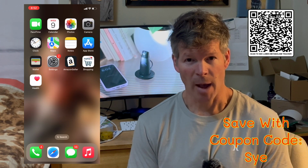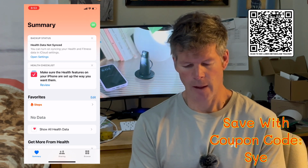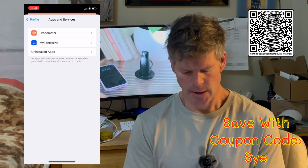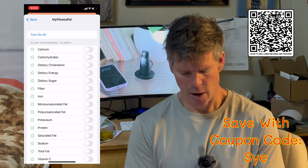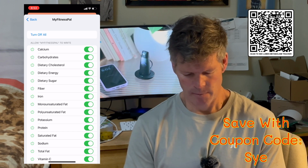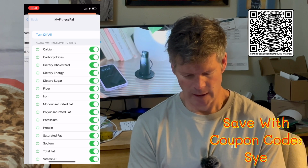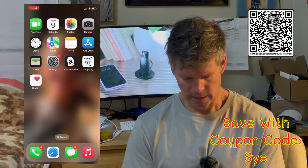Next, go ahead and open up Apple Health. Then click on your profile up in the right hand corner, and under Privacy, click on Apps and Services. And then you can see here under MyFitnessPal, we're going to turn on all, and that means that we're going to allow the health app to read everything from MyFitnessPal and to write everything from MyFitnessPal. So once we've done that, we are going to go ahead and close that down,